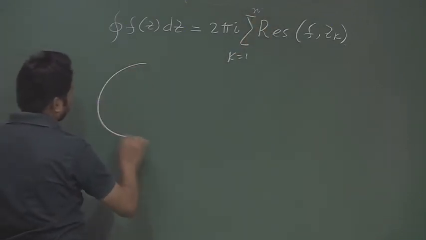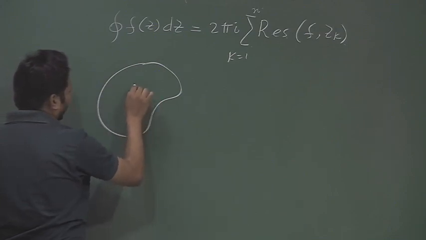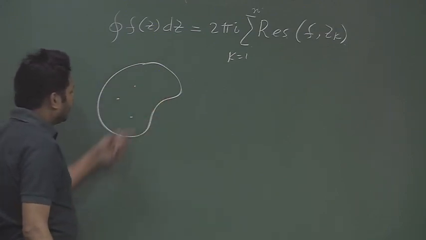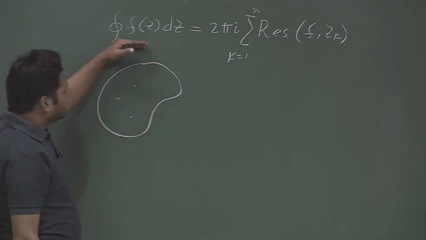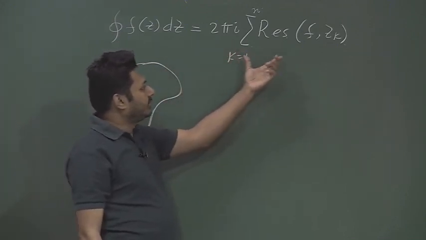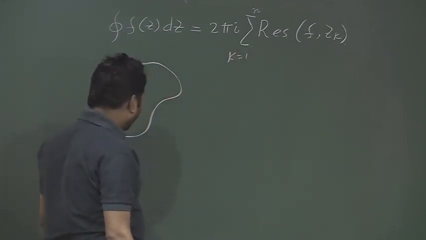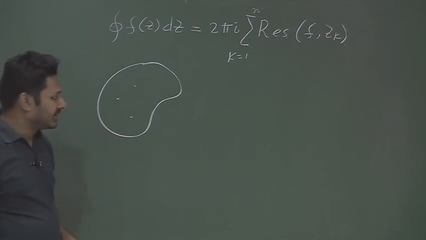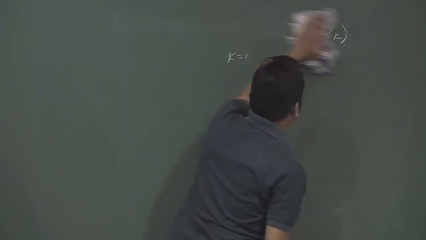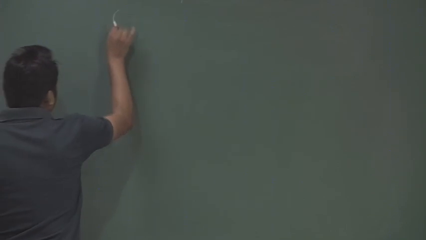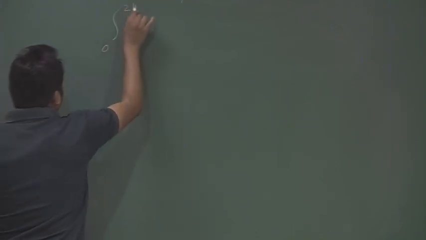So, if we have some region where we have some finite singularity of this function f(z), then I can write this total integration of f(z) as 2 pi i multiplied by the residue, and how the residue will be calculated and all these things we have discussed elaborately. But the interesting thing is that using this Cauchy's residue theorem, we can even calculate the real integration. So, one example was given that if we have some form like this,